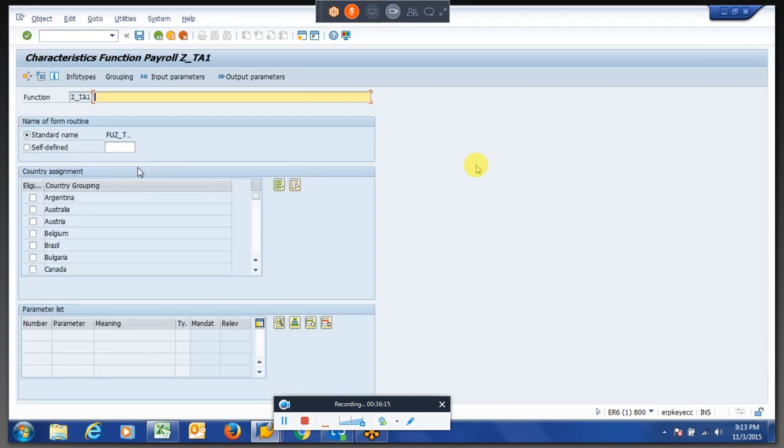When you create a standard one, there will be form routines within the ABAP program, which will calculate several things and get executed with this particular function.